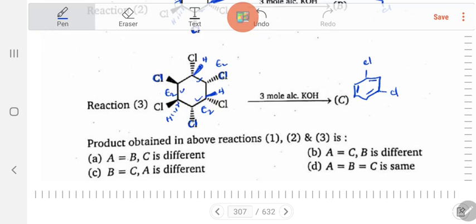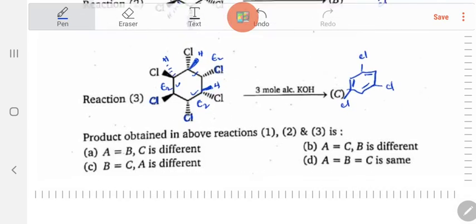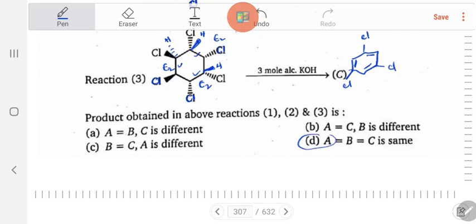So instead of this hydrogen, because you will get aromaticity, what I do is, I will remove hydrogen from here and this chlorine, then you will get symmetrical, right? So again you got a similar type of product. So in options A, B, C, all the three are same. So the correct answer is D. All are same. All are nothing but 1, 3, 5 trichlorobenzene. So therefore this is the correct answer.